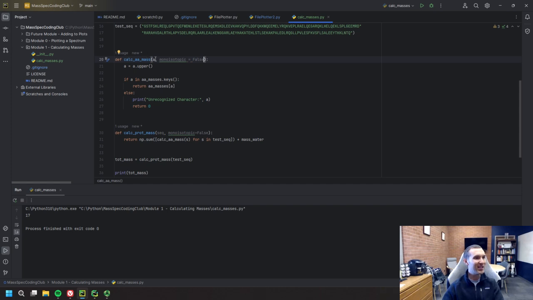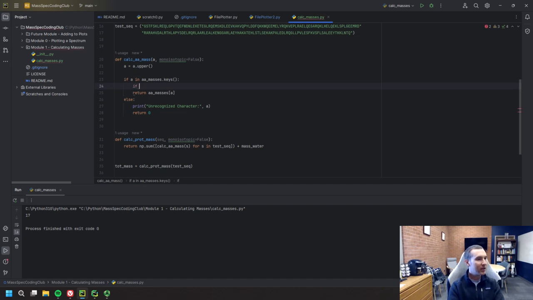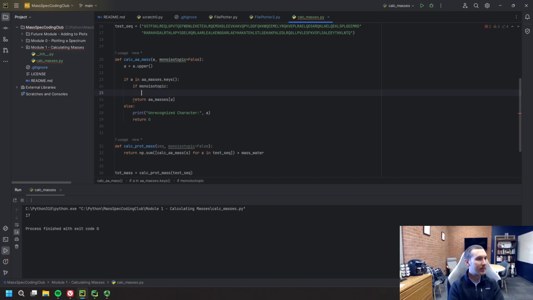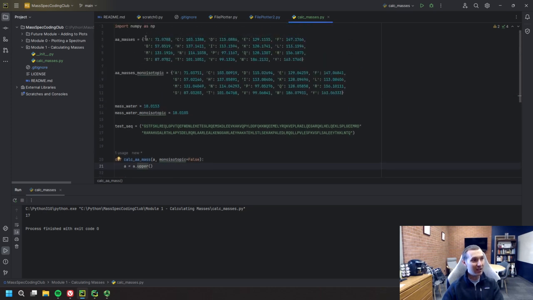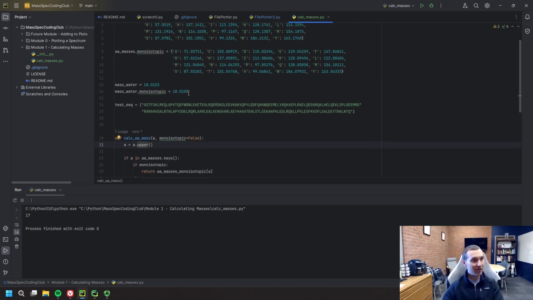This just basically says the default is for it to do average, right? And in here what we can say is if monoisotopic, return AA masses monoisotopic of A, else return this. So the way this function is working is that it basically first capitalizes all the variables, then it says if it finds that variable in the list of keys, which is just the list of all these letters,